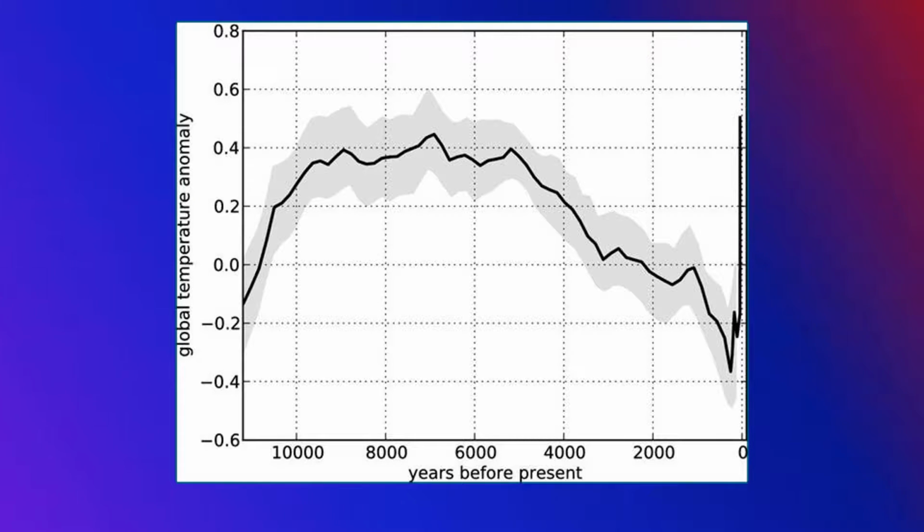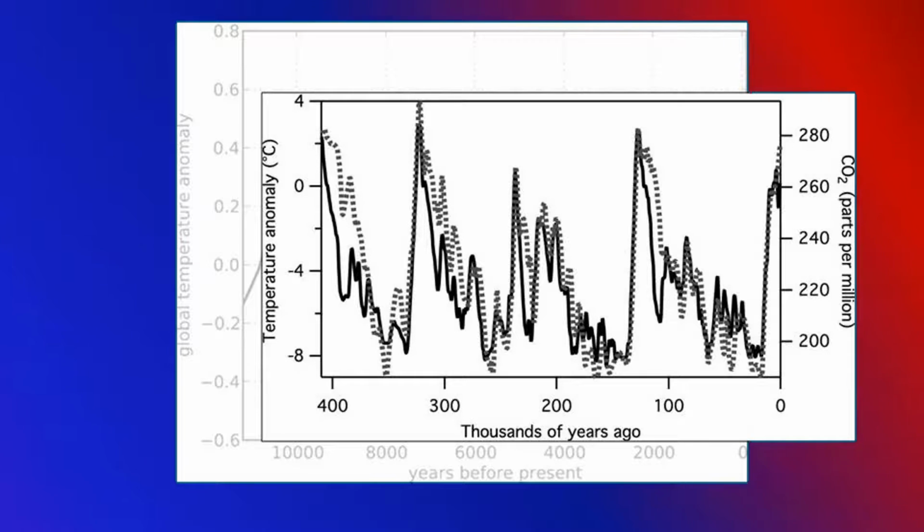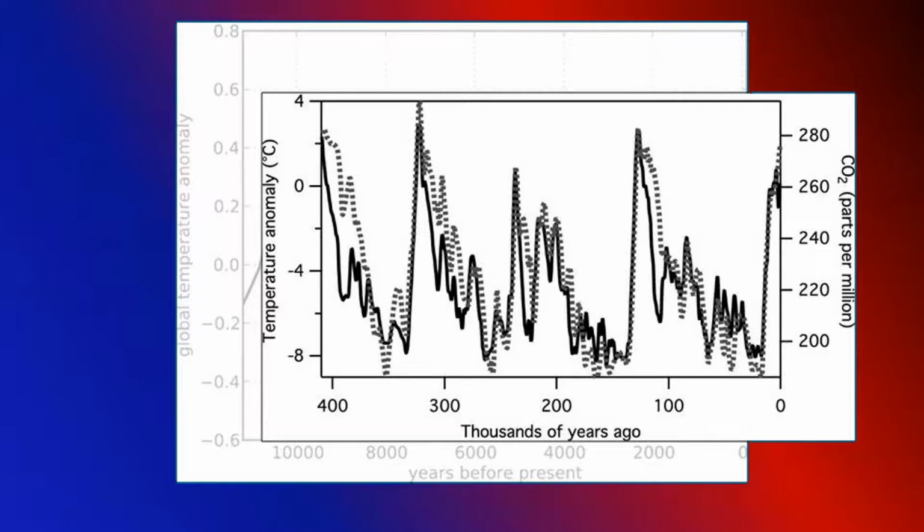Now, the gray shading around there, that's some kind of error estimate, but well, how in the world are we getting this? Or even more so, there's another figure that comes from your textbook. I mean, this extends back 400,000 years. We clearly don't have satellites and thermometers and rain gauges that far back.